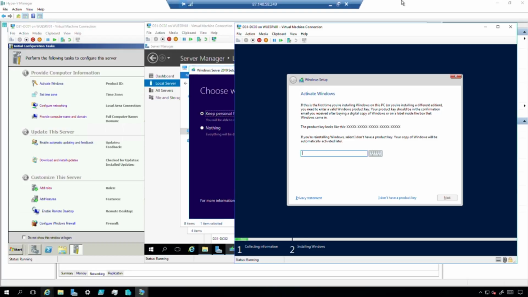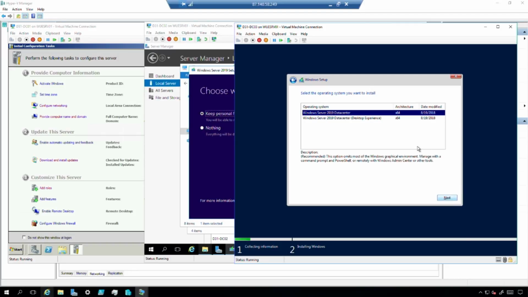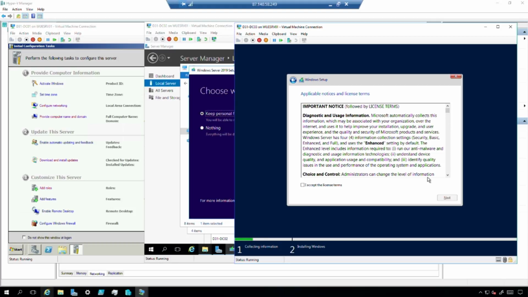This will show up here in a few seconds. I need again the product key. Now it should be in the clipboard. I can paste it here, and we can proceed to the next step. I will again choose the graphical user interface, and I will accept the licensing requirements, and we will see that I'm not able to run the in-place upgrade